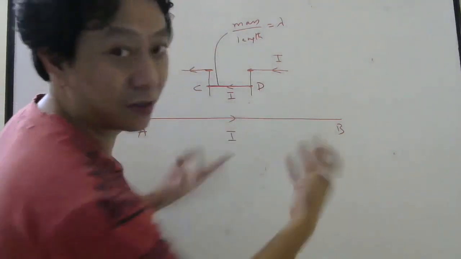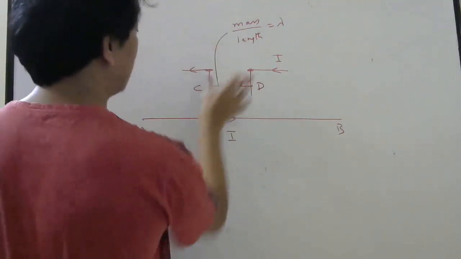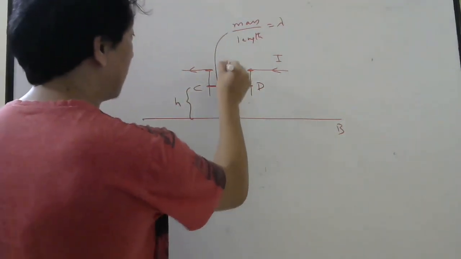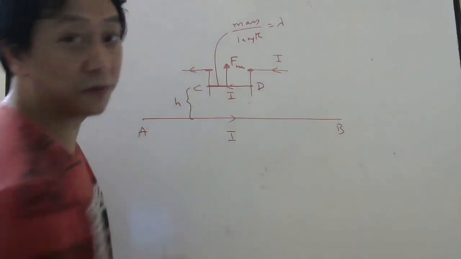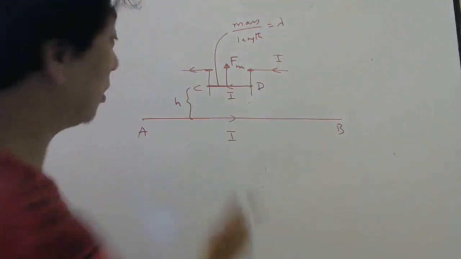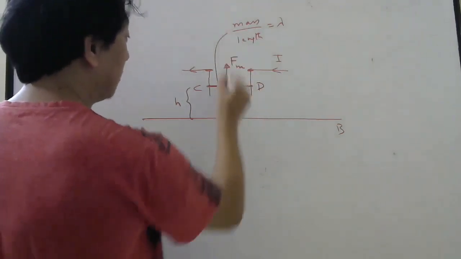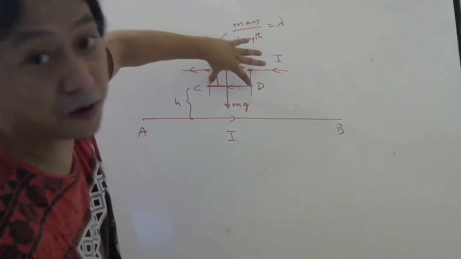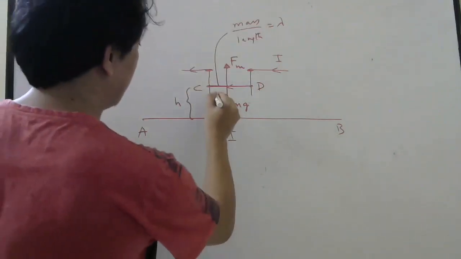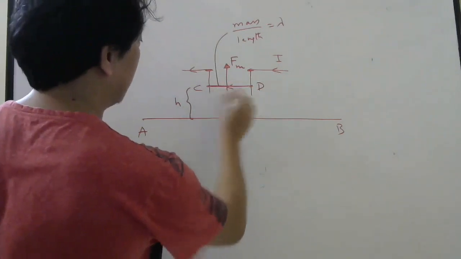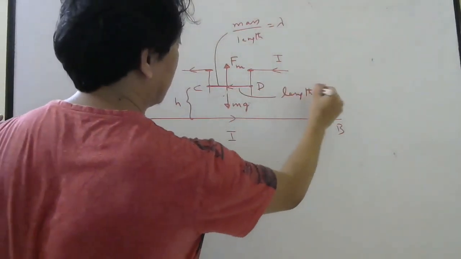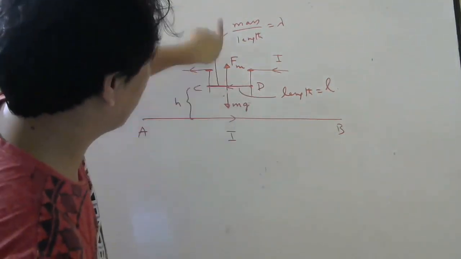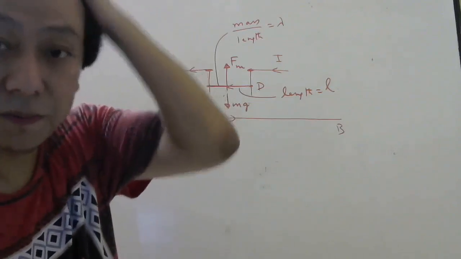This is on the table, so this will not go anywhere. So this will jump to some height. Let us say this height is h. So this will be repelled by a magnetic force. Now in equilibrium, they told. So in equilibrium what should happen? This magnetic force should be balanced by mg. The magnetic force felt by this part of the wire, whose length, let me say, is L. So this part will feel a magnetic force because of this wire. Yes or no? You can check the direction.